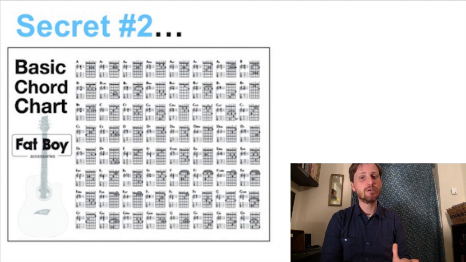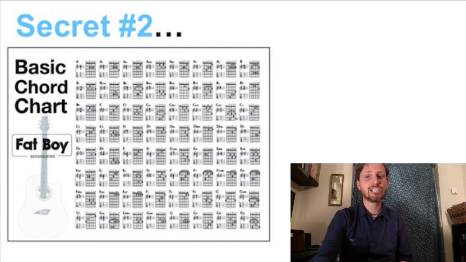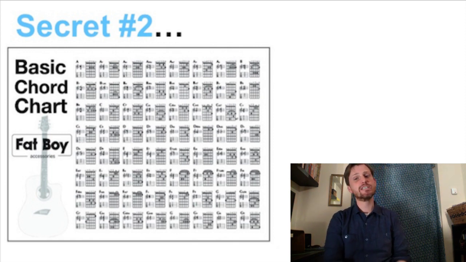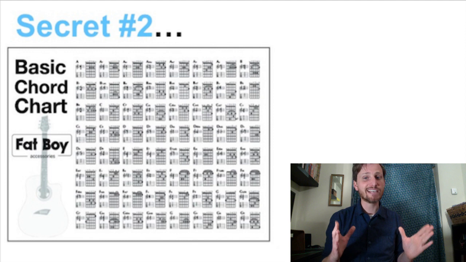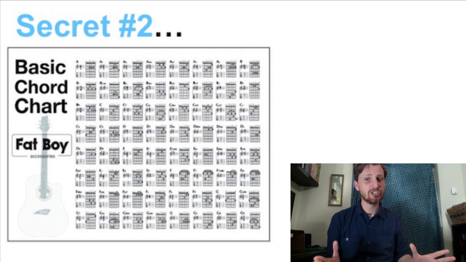Most people give up before they can play a song learning this way. And actually, it's what a lot of people are still doing and struggling with, because they think open chords are beginner chords. Now, just imagine if you could remove all of the chords and all of the strumming patterns you didn't need to know right now to play songs. I'm suggesting throwing away 95% of chords and rhythms out there. If you did that, do you think you'd be able to learn that 5% of chords and rhythms that you do need to know much quicker?